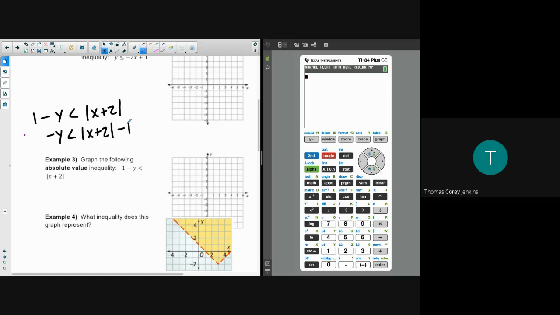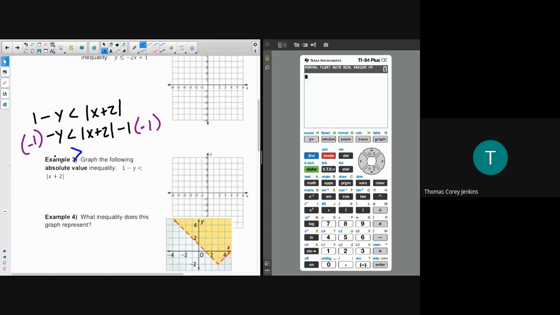And so one thing that happens that we'll tend to forget there is you want to flip your inequality symbol. Remember, when you multiply or divide by a negative, that's what happens on these. So we get y is greater than